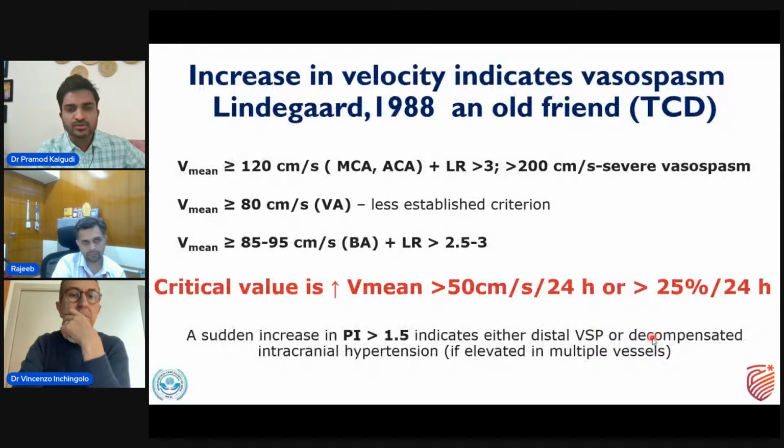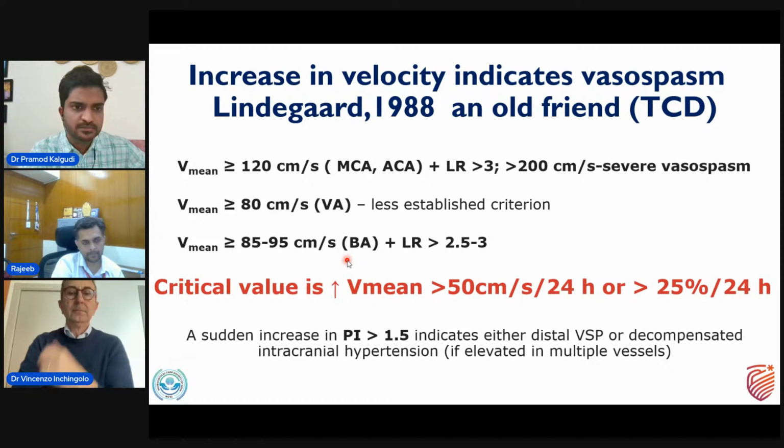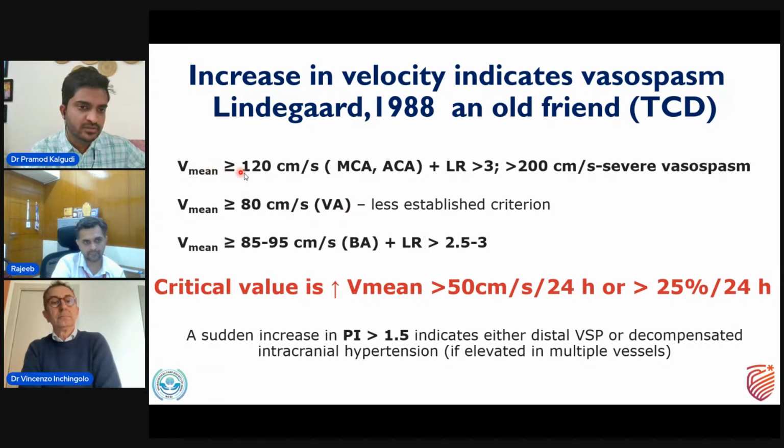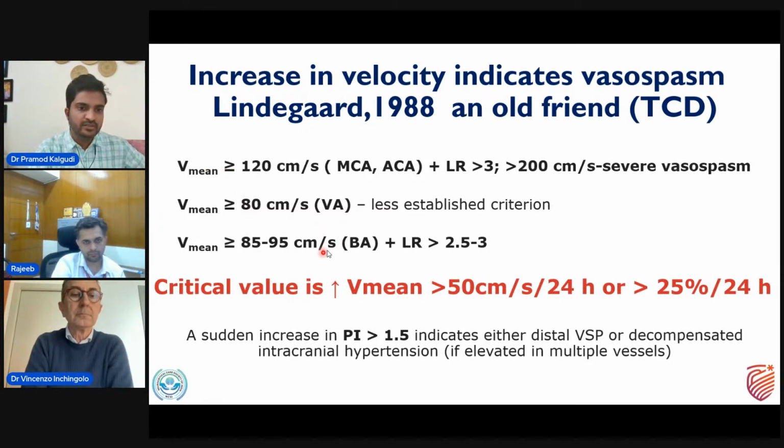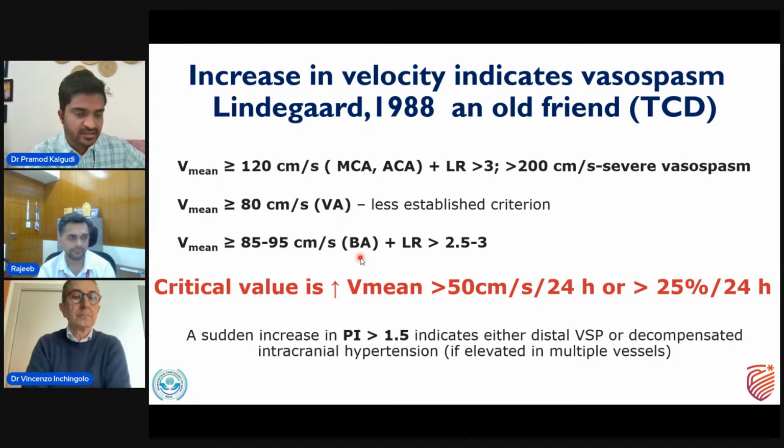The Lindegaard ratio, established since 1988, helps differentiate vasospasm from hyperemia with different values. Keep in mind, these values have been derived from TCD. So all these values which you see, the mean velocity of greater than 120 in the anterior, and 80 to 85 in the posterior circulation, are all based on the TCD research and TCD literature. So you might have to keep that in mind whenever you're using TCCD